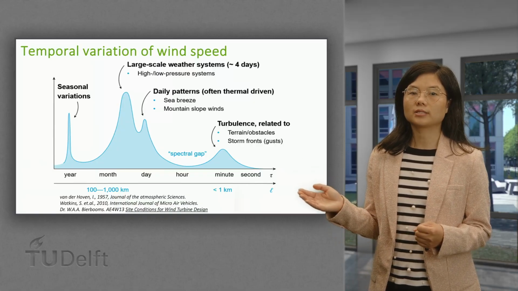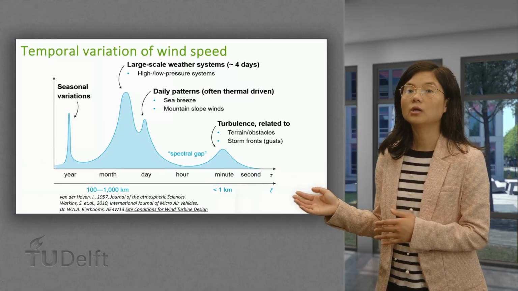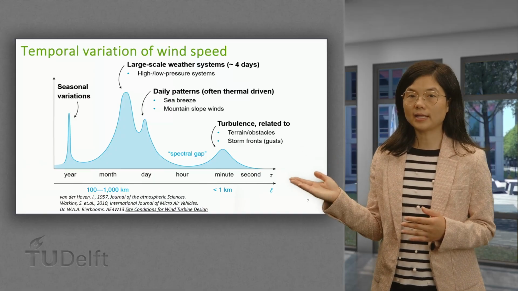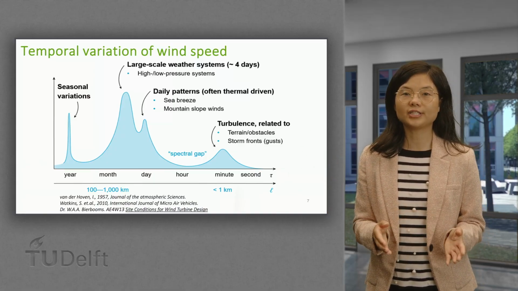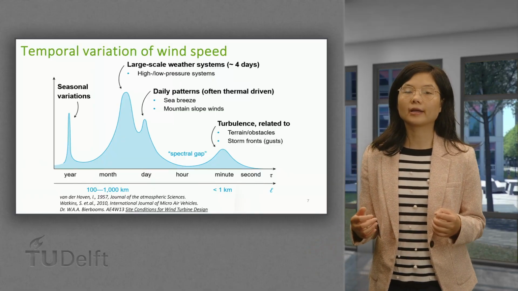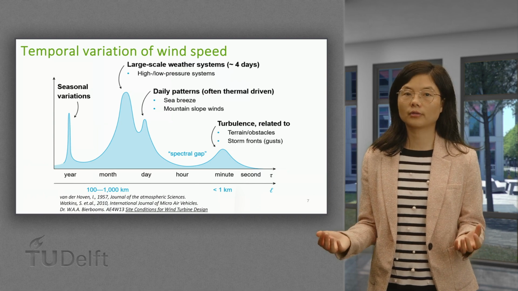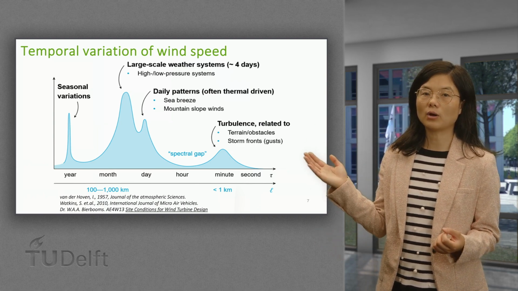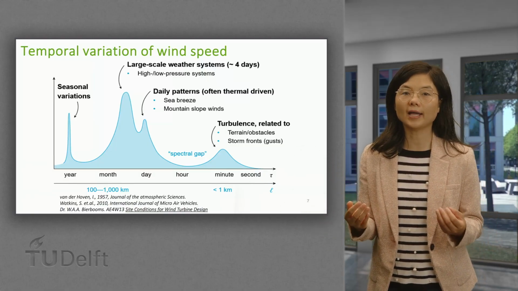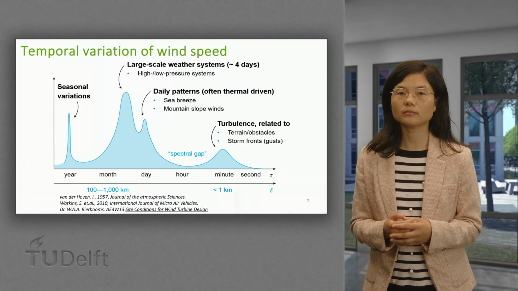This spectrum illustrates how wind energy is distributed across different time scales, with the period shown on the horizontal axis. The peak on the left shows long-term variations, that is, seasonal changes, which are driven by global shifts in temperature and pressure patterns over the Earth. A prominent peak around a 4-day period reflects the influence of moving high and low pressure systems over large regions.